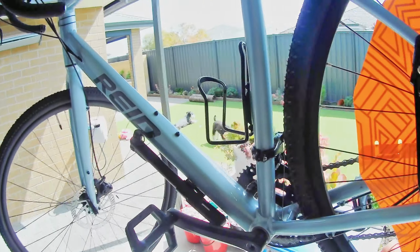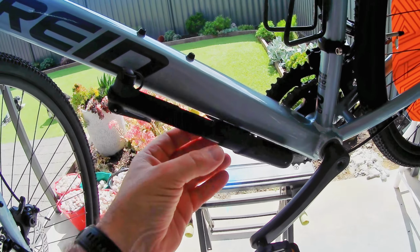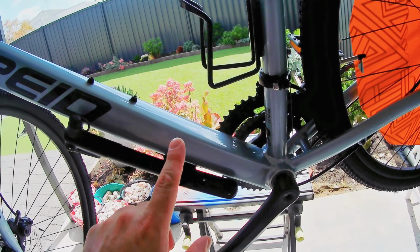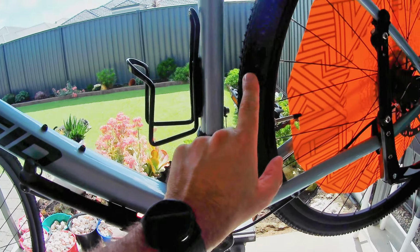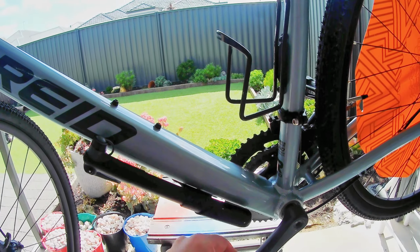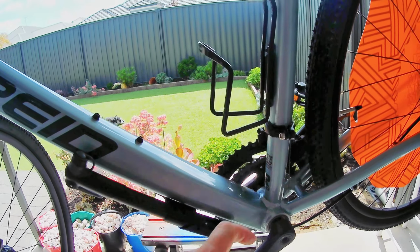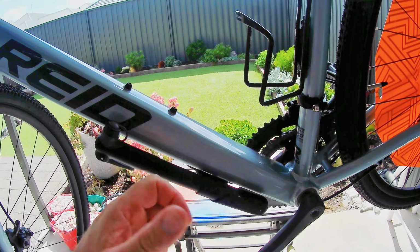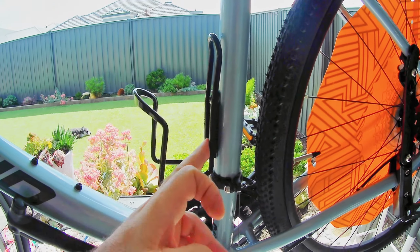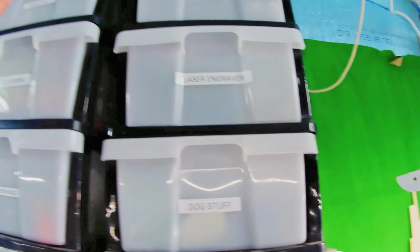And then what I also want to do is take this pump off. This is going to go to the mountain bike because this is a big pump, and I've also got a little one which is more suited for these little tyres, and I want to mount it behind the drink bottle rather than here, because you kind of hit it with your shoe all the time. This big pump can go on the mountain bike or the electric bike I've got coming, and then I want to take this off, and then in this new setup here,